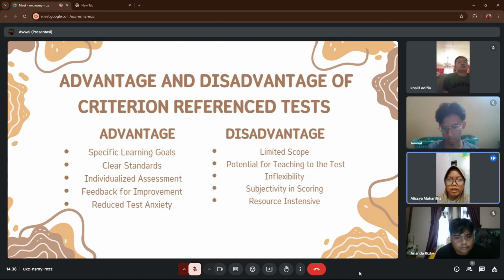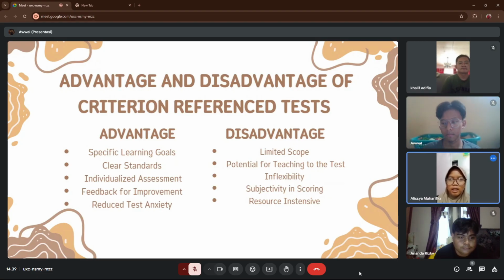Three, inflexibility. They can be rigid in their design, making it challenging to accommodate diverse learning styles and needs. Four, subjectivity in scoring. While CRTs aim for objectivity, the interpretation of criteria can sometimes be subjective, leading to inconsistency in scoring.